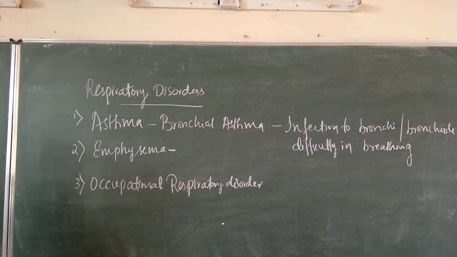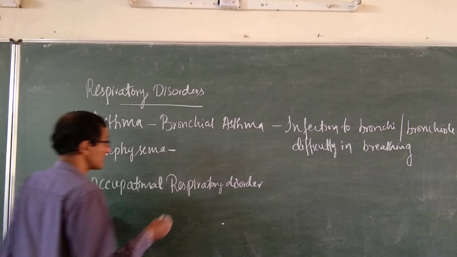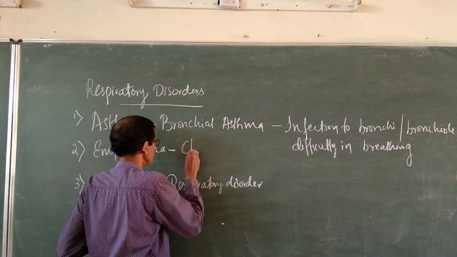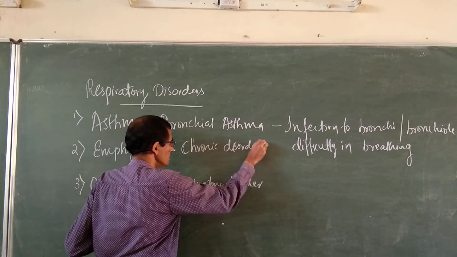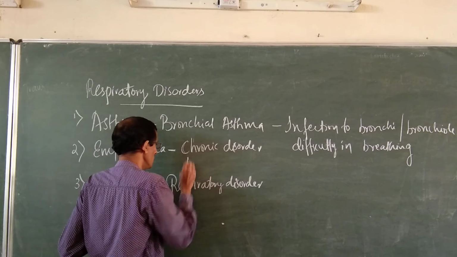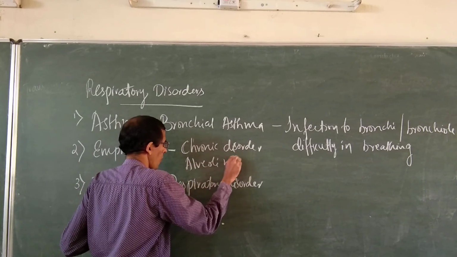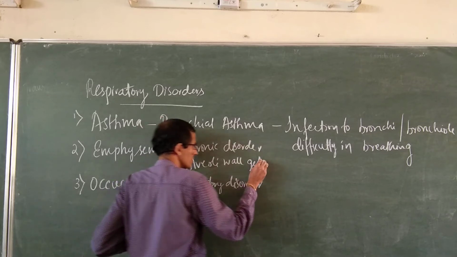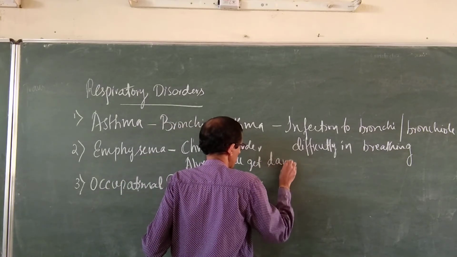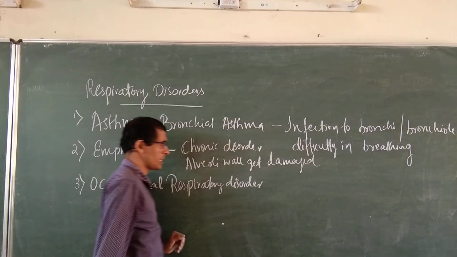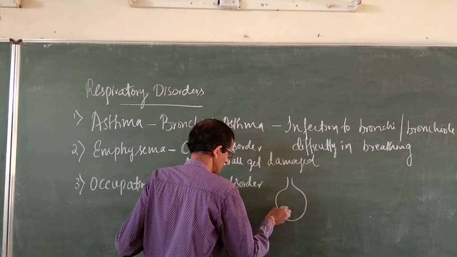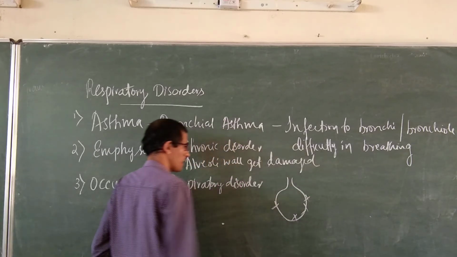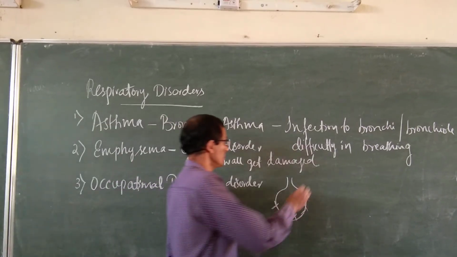And the second one is emphysema. It is a chronic disorder in which the alveolar wall gets damaged. The alveoli wall gets damaged, so the alveolar wall is damaged. So damage of alveoli reduces the